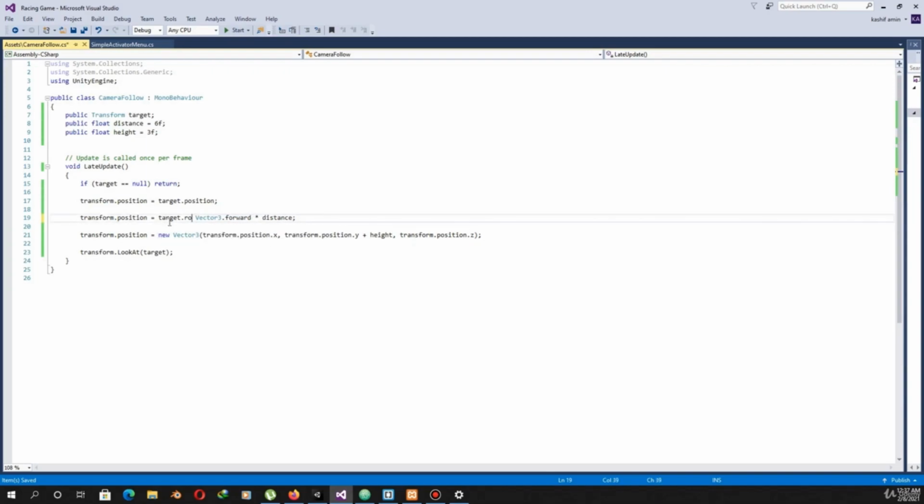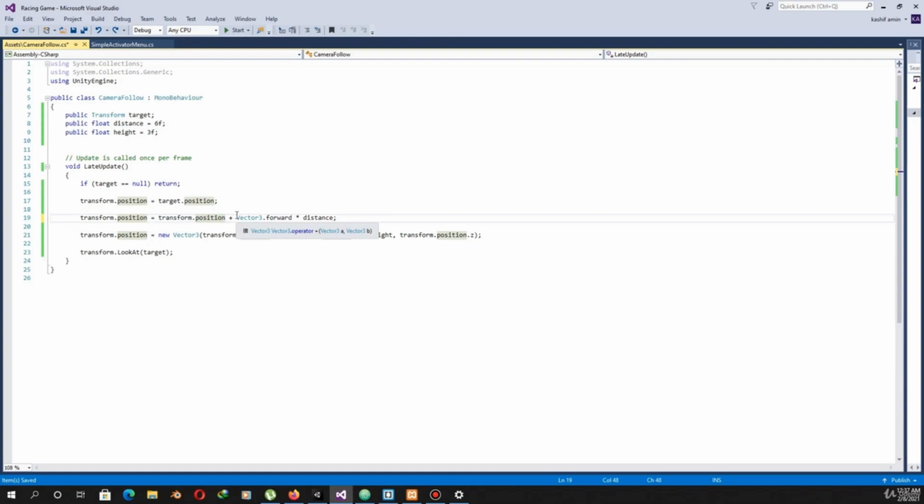First I will show you that this is our line: transform.position is equal to transform.position plus Vector3.forward multiplied by distance. Now let me remind what it was.